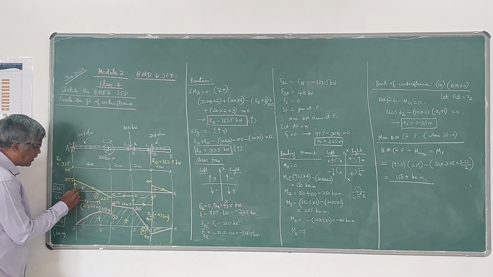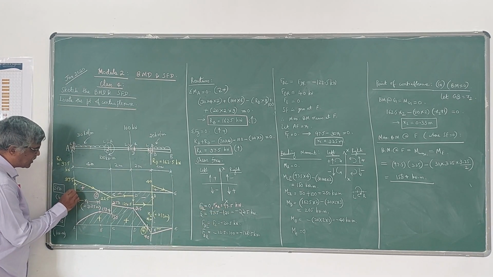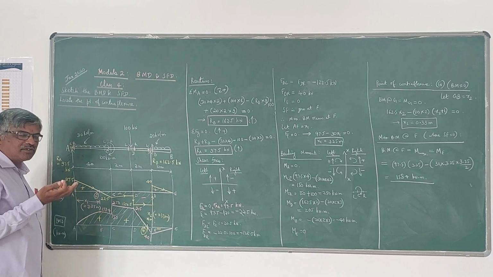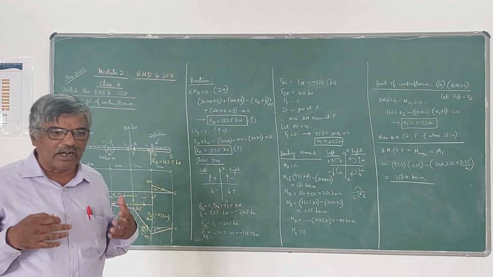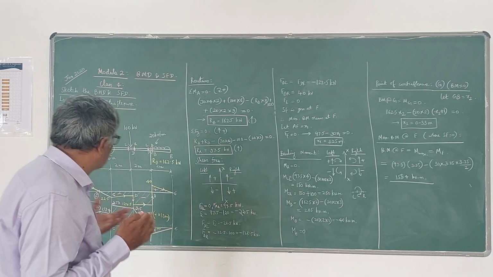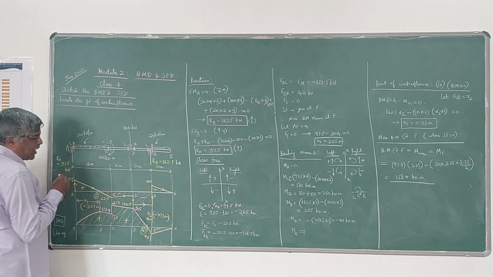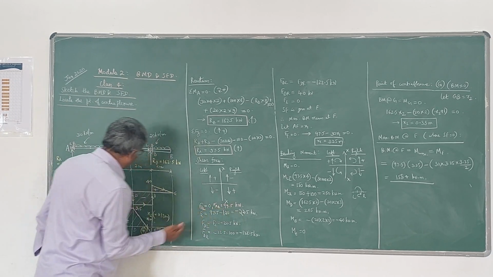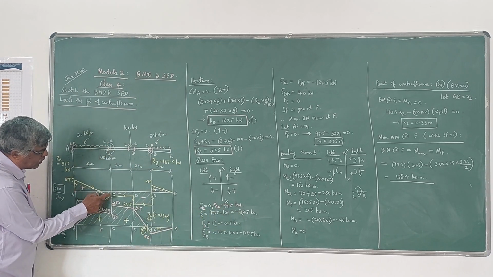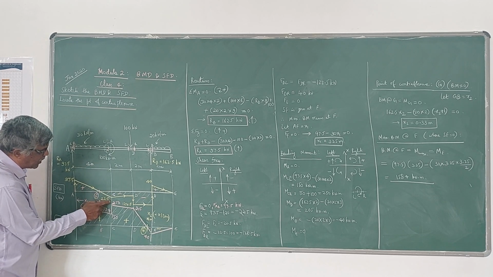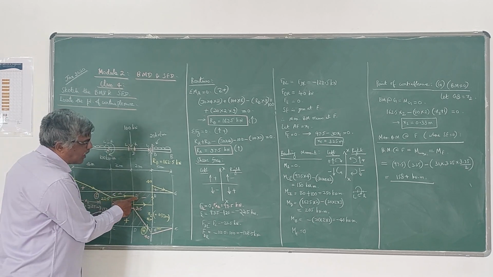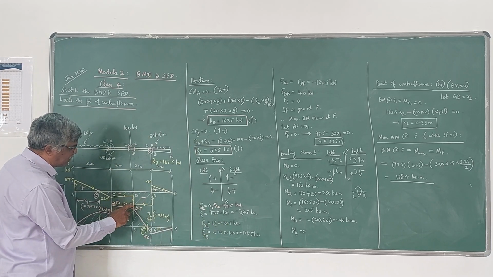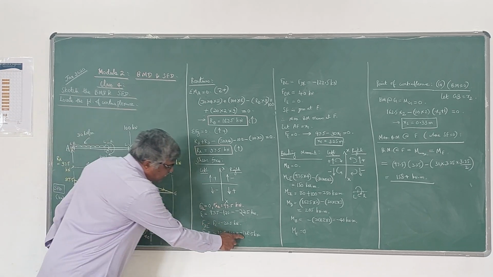So FAL I am going to plot first. It starts from 0. Then the next value is 97.5. Or in other words, you can say that shear force at the support is nothing but the reaction. Next, you have here second point is C. At C you have shear force minus 22.5. See here, you have to plot below the line minus 22.5. Then at DL it is same, minus 22.5. At DR it is minus 122.5.